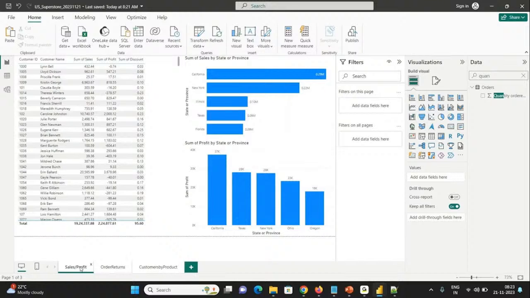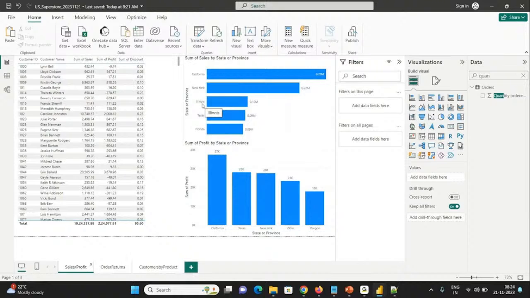So if you practice this and you are well versed with Power BI, you can do it in even 15 minutes. So if your manager or director or anyone gives you this data, they will tell you, okay, you bring me insights out of it. The moment I looked at the data, I thought there is sales and profit in it. So I want to see what are my top states. So you have your states here, California, New York, and we have seen the bottom states as per sales and